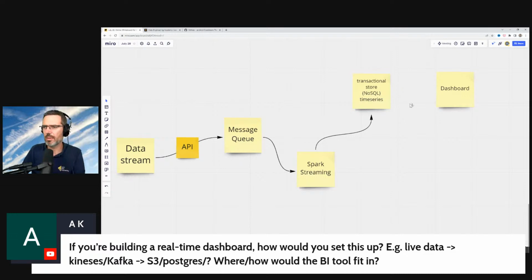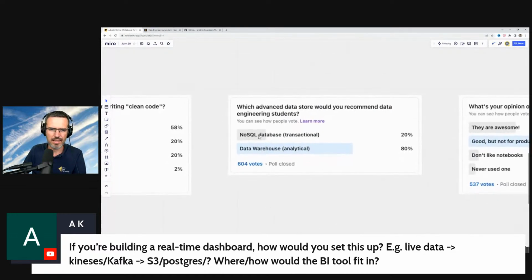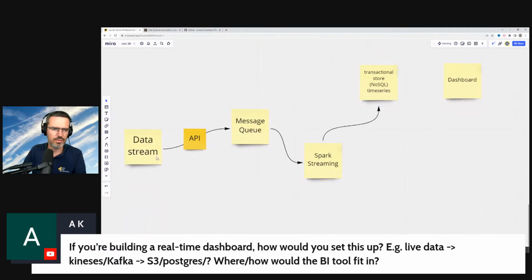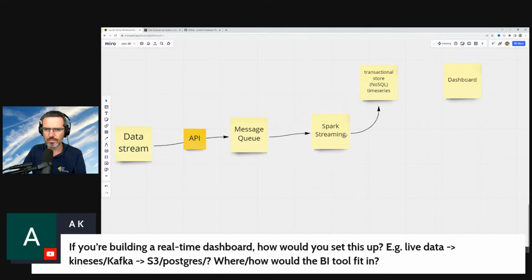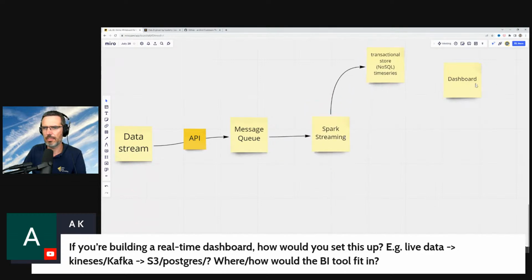That's the upper part that we had here. That's this part with the transactional part, right? There's a stream coming in, it goes into the message queue. Spark streaming is taking it, putting it up here, and your dashboard is actually then using the data. Now for analytics, this is terrible. You would not want to use this for analytics because in analytics you need to access more data at the same time. Here dashboards are usually querying only a piece of data.